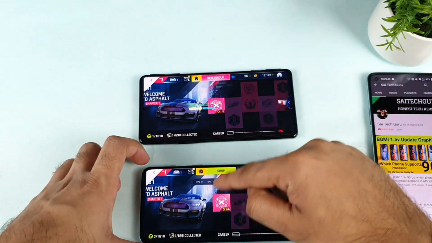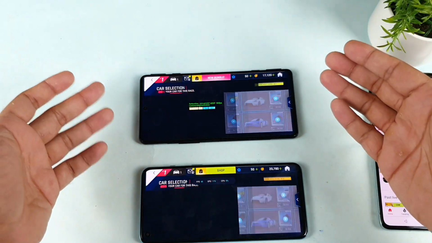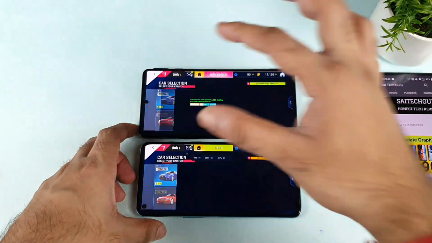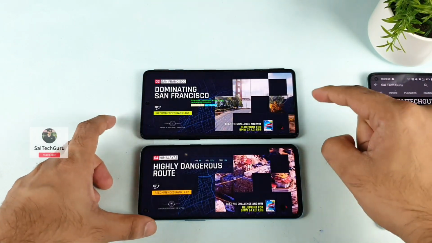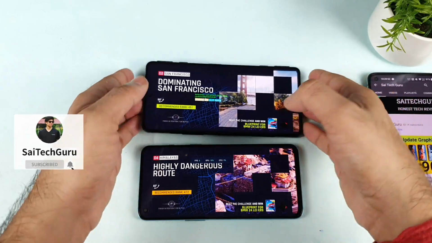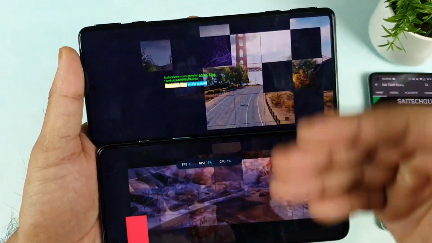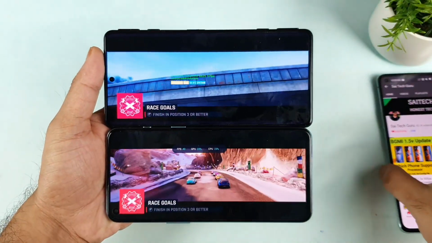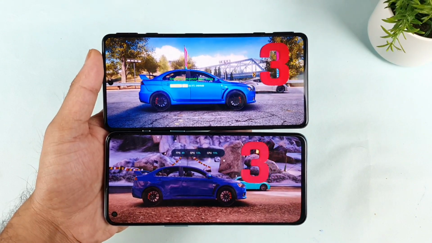Because both phones have the same Dimensity 1200 chipset, the 60 FPS should be the same in both phones. It's completely weird why I'm not getting 60 FPS in the OnePlus Nord, while you can play at 60 FPS in the POCO F3 GT without any issues. So that is the reason I thought of doing a side-by-side comparison, so you know exactly what is happening between both phones. As you can see, friends, right now,